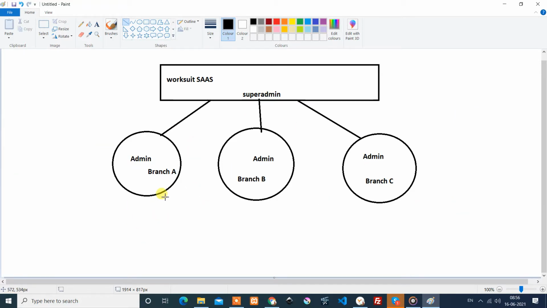And each branch, each company has their own employees. Let's say these are the employees, and those are associated with this branch or company or plant.